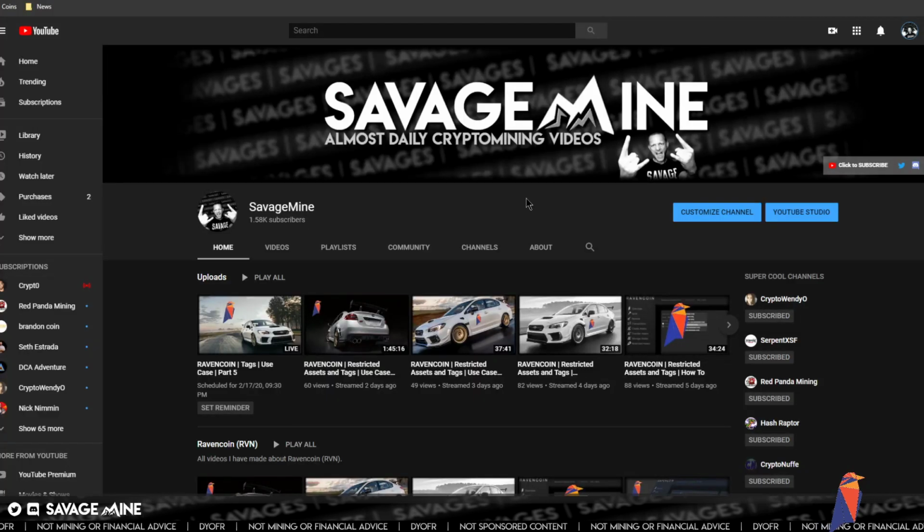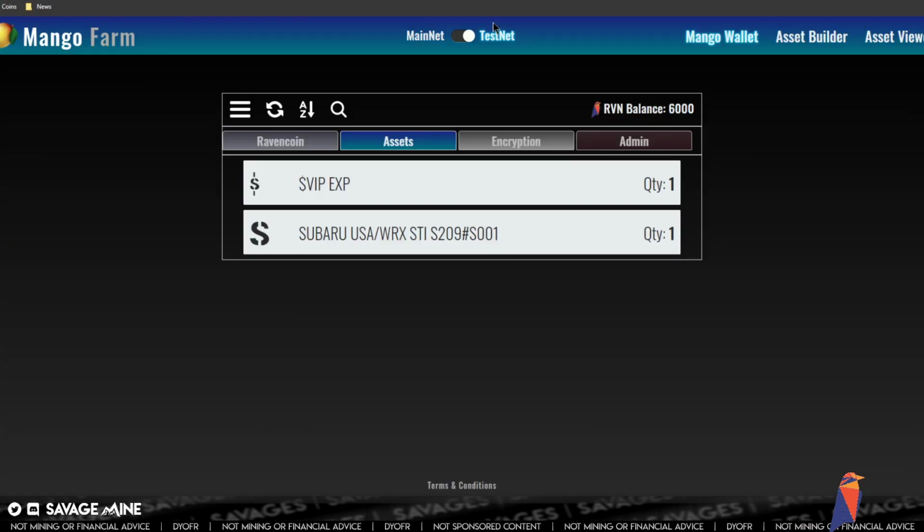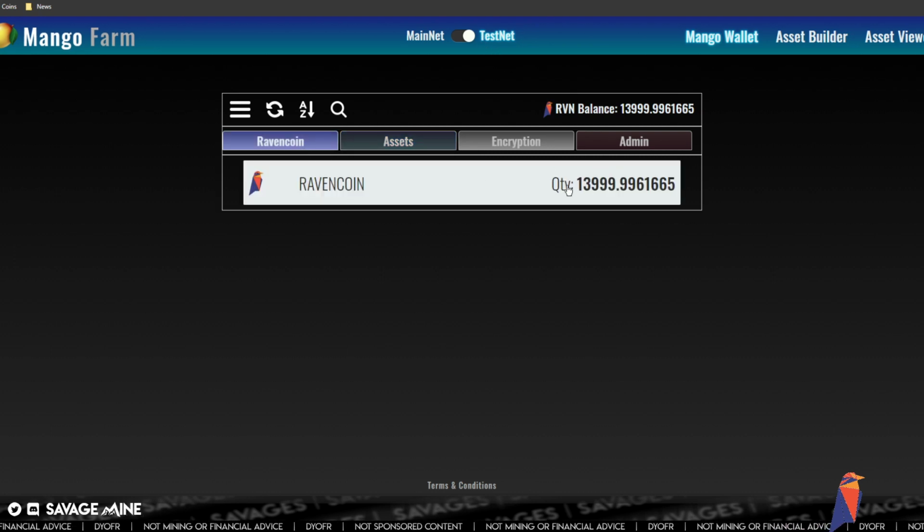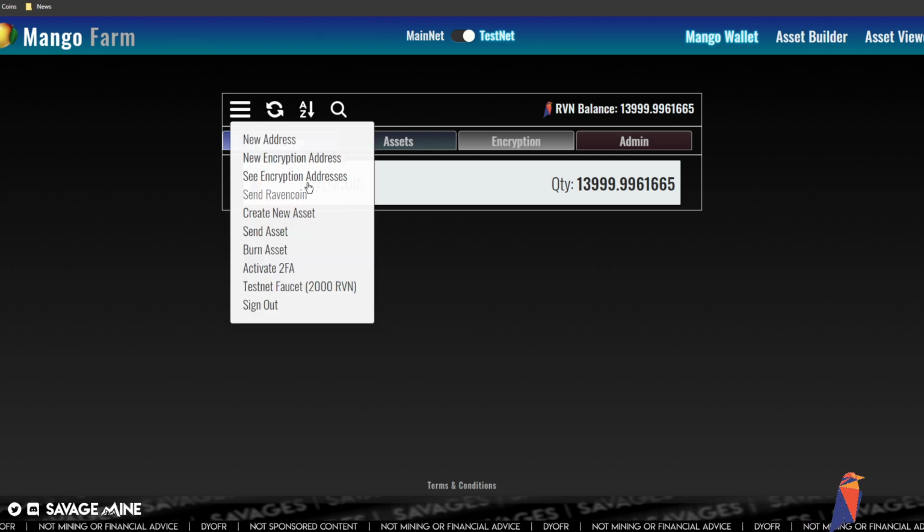Actually, I'll show you right now so that you can see what we're talking about here. So this is Mango Farm testnet, and this is Serpent's address here, which I still haven't figured out how to see the address, but I guess it's in here somewhere, but I haven't played around with it too much.